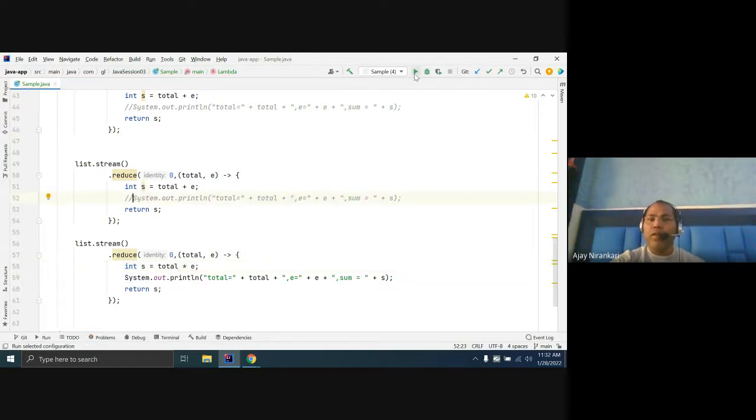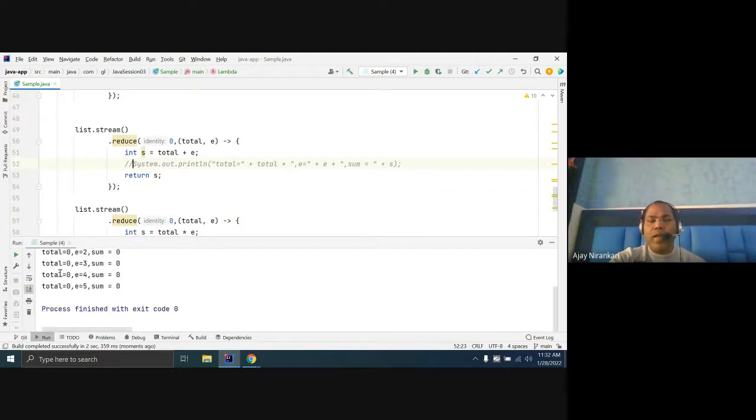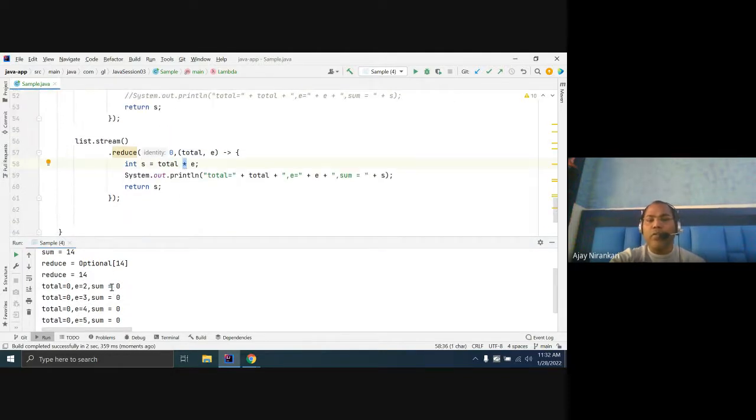When you run it again, you notice the initial value passed is 0, and then the first element, 2, multiplied becomes 0, then total becomes 0, again element 3 multiplied becomes 0. So the identity plays a role in deciding what the initial value should be for this operation.